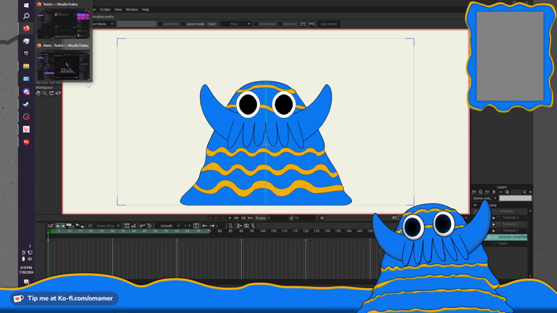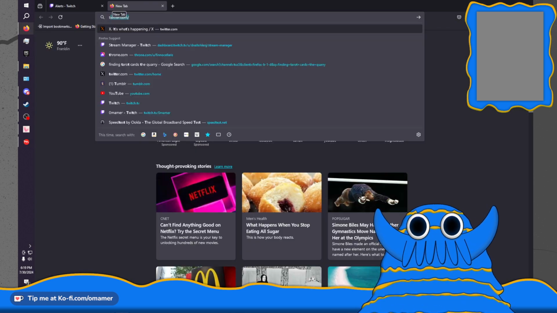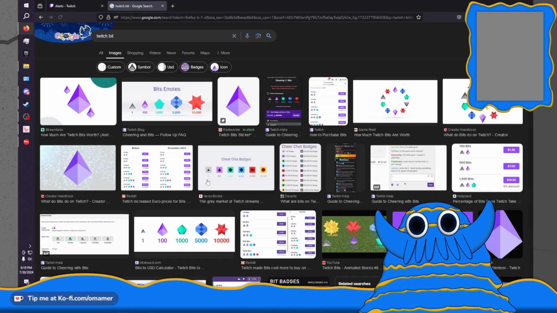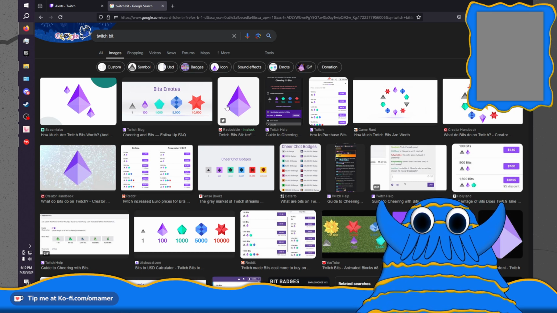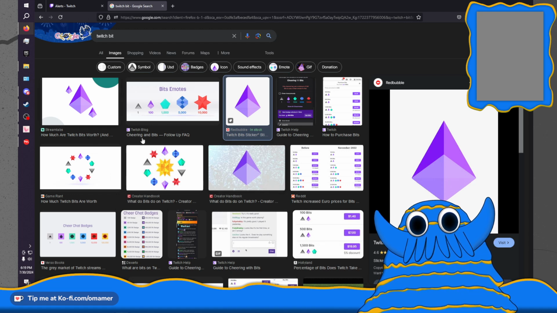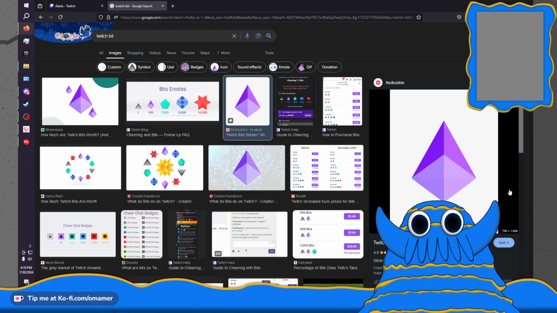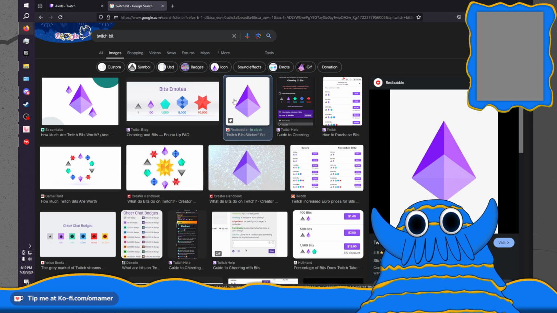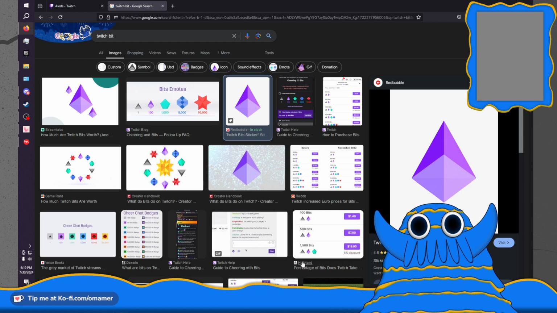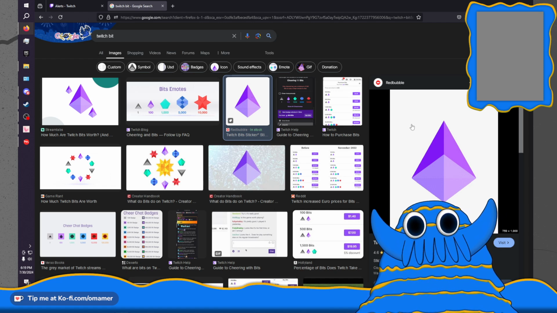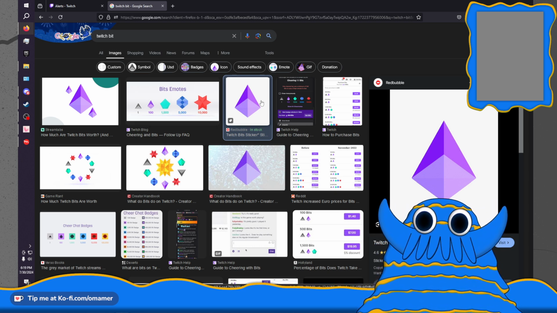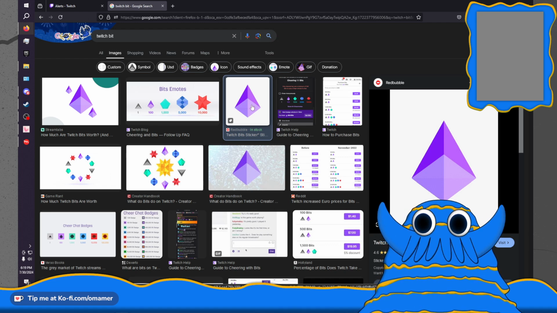Because Twitch has this kind of aesthetic for the bit, right? It honestly looks kind of like the Ethereum logo. It looks a lot like they just kind of stole the design from a Twitch bit. Which is fitting. It's not like those people are original. They're just trying to get away with white collar crime.